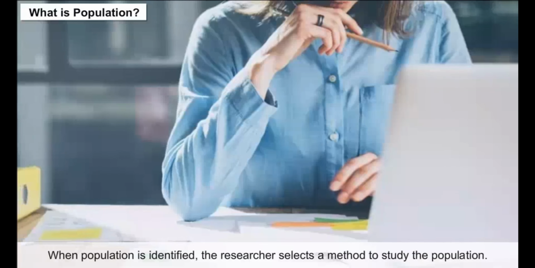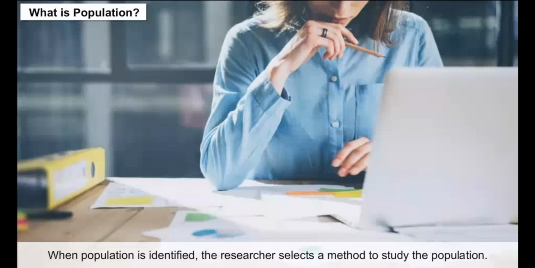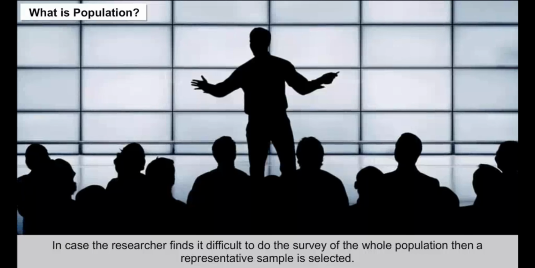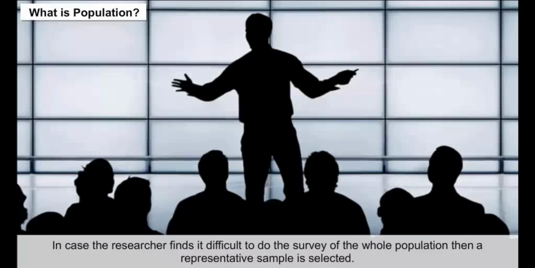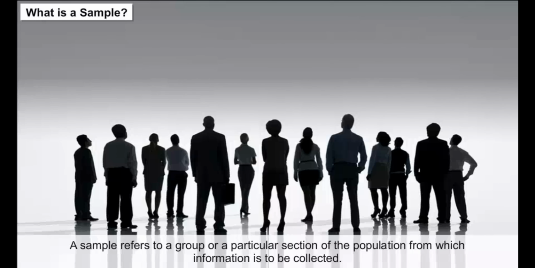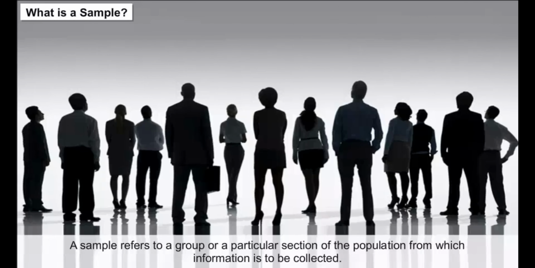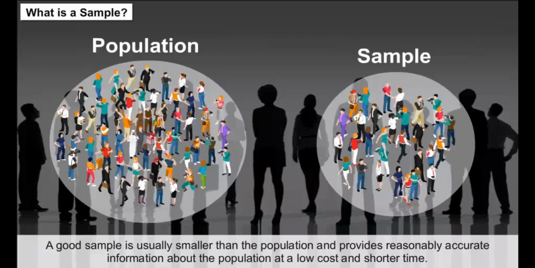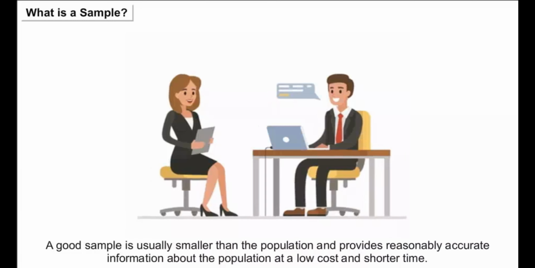When the population is identified, the researcher selects a method to study the population. In case the researcher finds it difficult to do the survey of the whole population, then a representative sample is selected. What is a sample? A sample refers to a group or a particular section of the population from which information is to be collected. A good sample is usually smaller than the population and provides reasonably accurate information about the population at a low